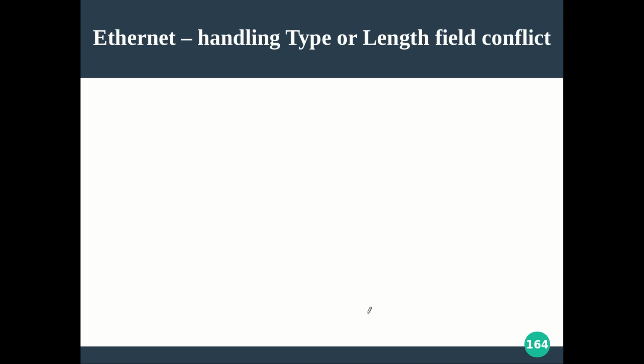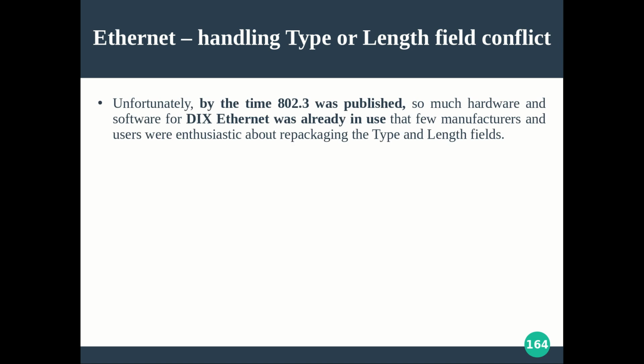Now, in 1978 during the DIX standard, they started thinking of using the 2 bytes as the type field. Then when it was standardized as 802.3, they decided to change it to length. So naturally there will be a confusion, right? Because this 802.3 standardization happened in 1983, and at that time what existed was the DIX standard. So when you are making that kind of a change, how is it going to manage that conflict? So the issue is like this.